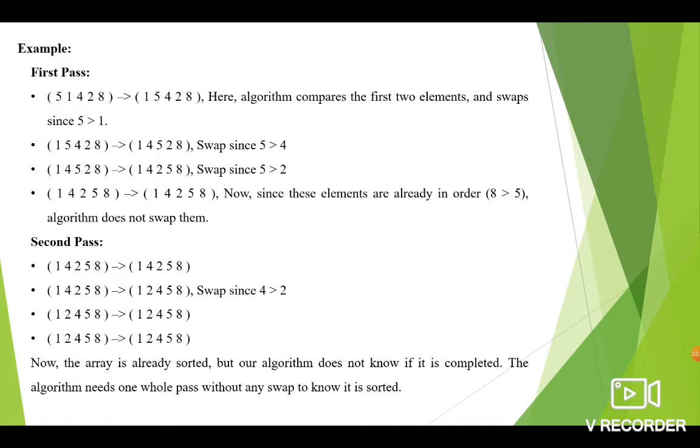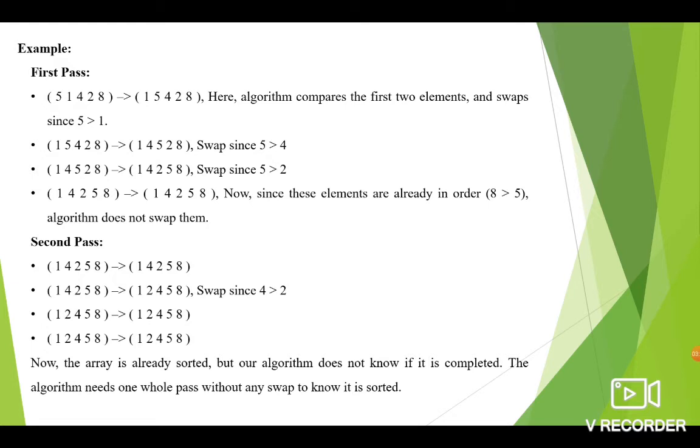Since they are not in order, we are performing the swapping operation. Finally, the fourth and fifth elements, that is 5 and 8. They are in order, so we don't need to perform the swap operation here. Up to this, the first iteration is completed. So we move to the second pass.